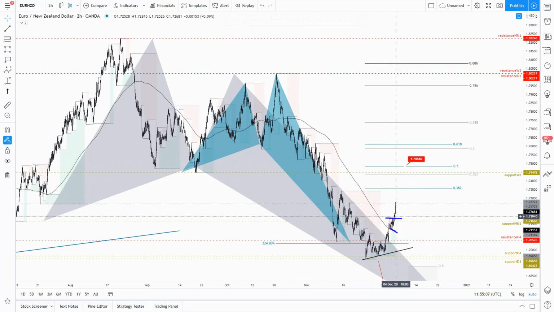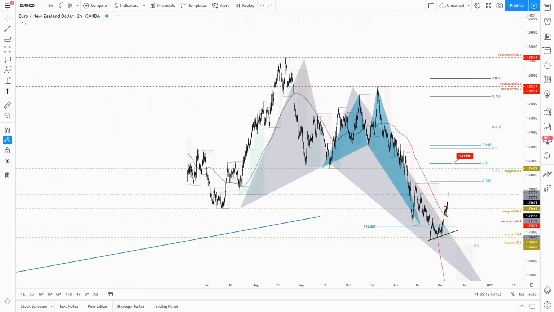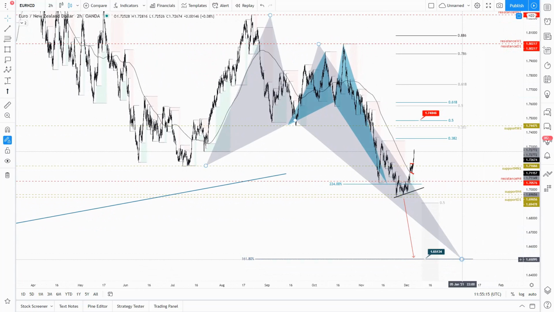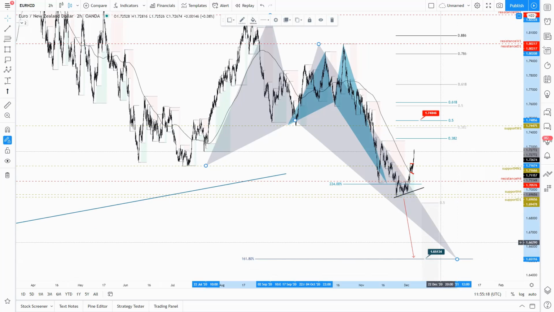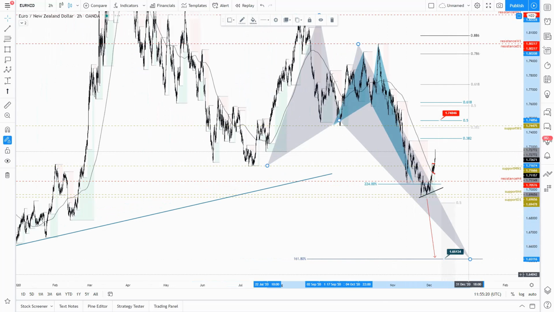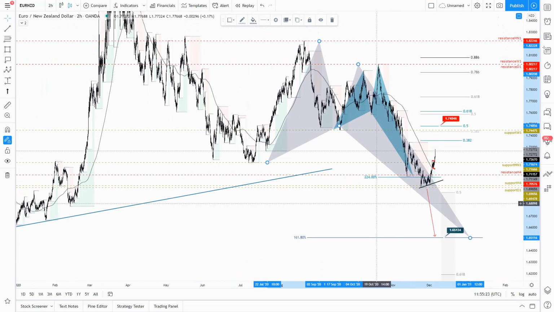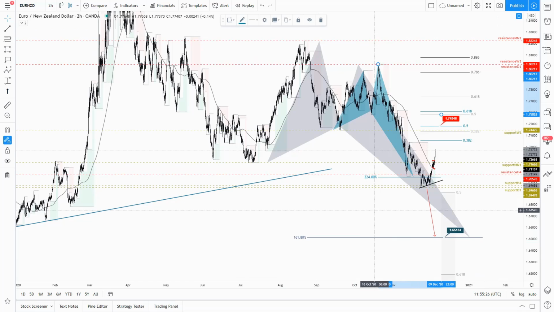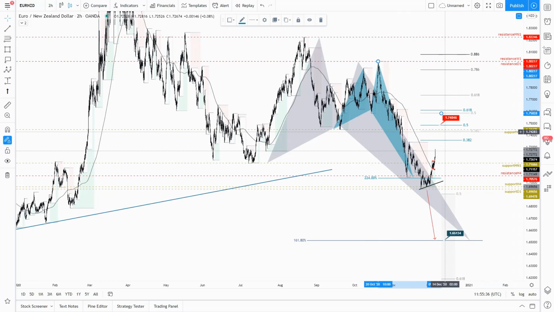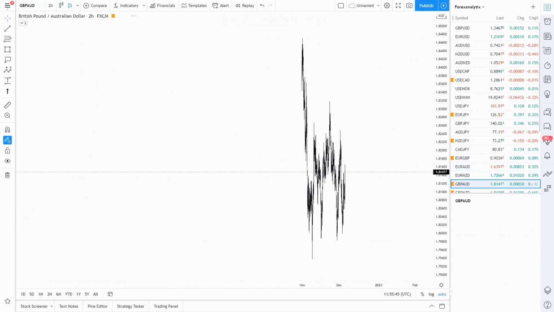That's what it is. We have also that projected pattern below. Let's not ignore this one also. If the market decides to fall at some point, it's still possible to print that pattern below, but at least for now, the market is reacting just a few points below the default, the 224% Fibonacci extension level, the completion point of that shark pattern, and I'm expecting at least a 50% Fibonacci as a default target to be reached for euro versus the New Zealand.